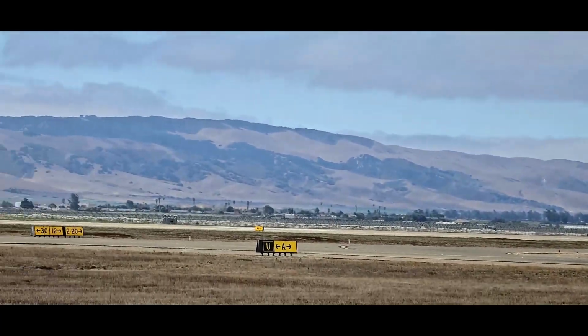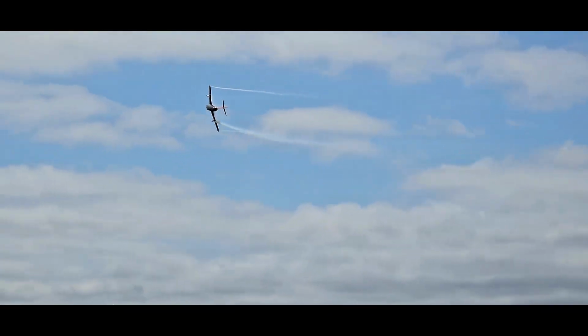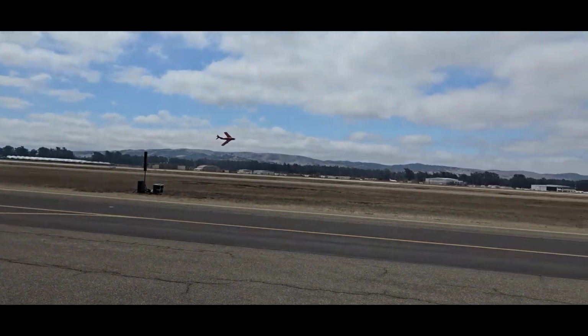There he is on the right point, he is low. In Vietnam, the U.S. Air Force shot down 61 of these aircraft. Range of